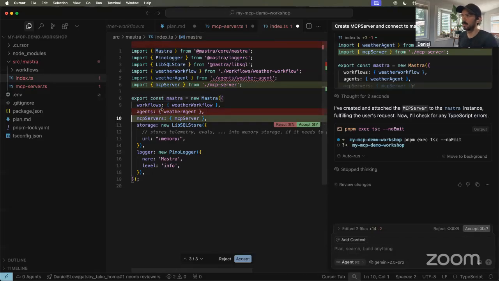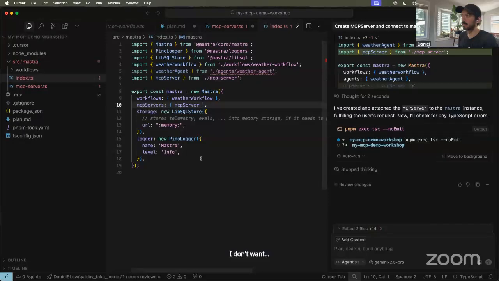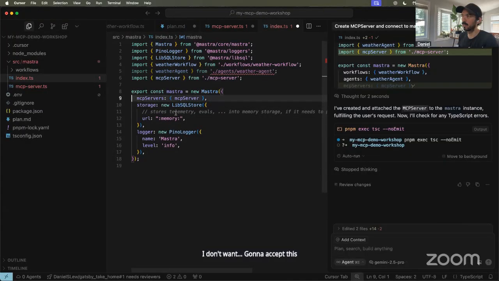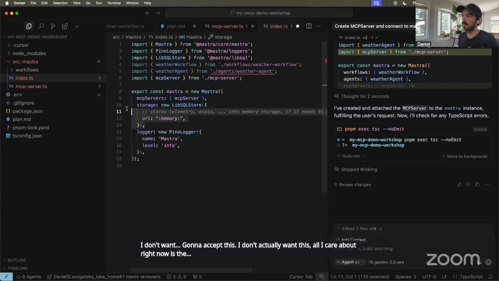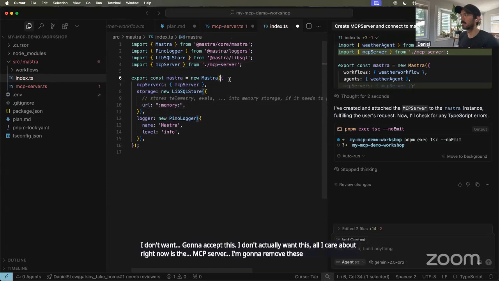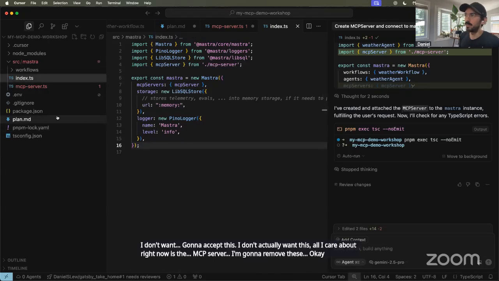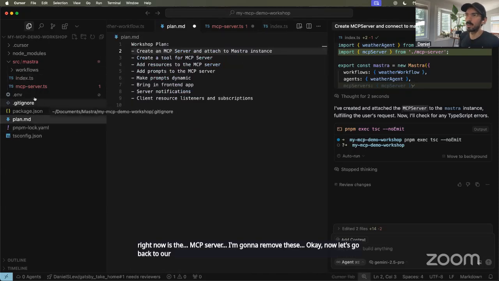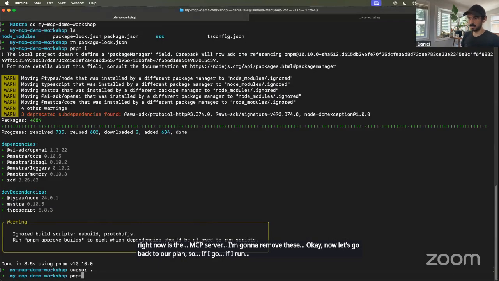Okay. And I don't want and accept this. I don't actually want this. All I care about right now is the MCP server. I'm going to remove these. Okay. Now let's go back to our plan. So if I run the,